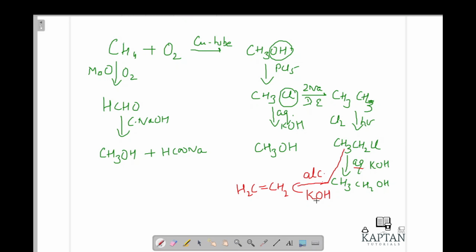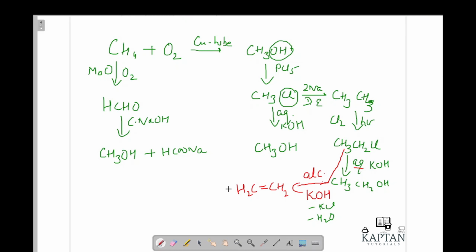In the same way, in CH3CH2Cl, if I add alcoholic KOH, then it removes the halogen part and it removes the water. Just see, I am writing down what will be removed: minus KCl here and minus H2O. So what we have observed is that alcoholic KOH creates a double bond.